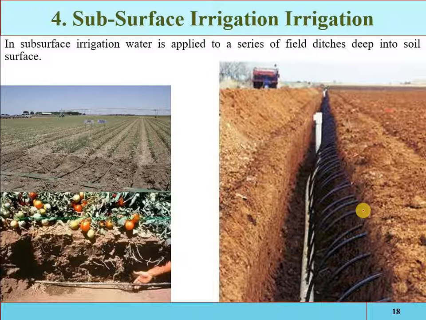Okay, but the disadvantages are there is high initial cost and the blockages of the nozzles are the main problem. Change in the spacing of the nozzle will be required for different crops. Okay, so all of these are the advantages and disadvantages. For each and every system there will be advantages and disadvantages, but you have to select the system according to your requirement and according to the factors which we have discussed in the first part of the tutorial.